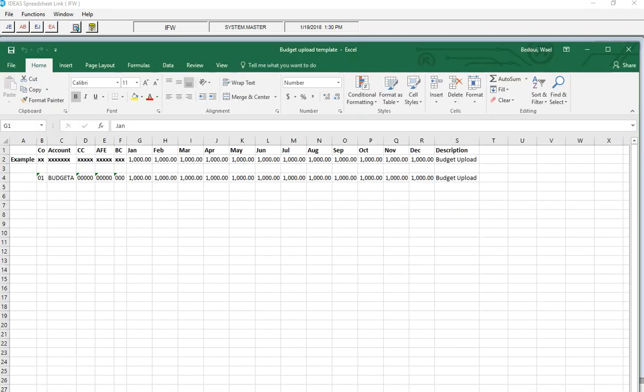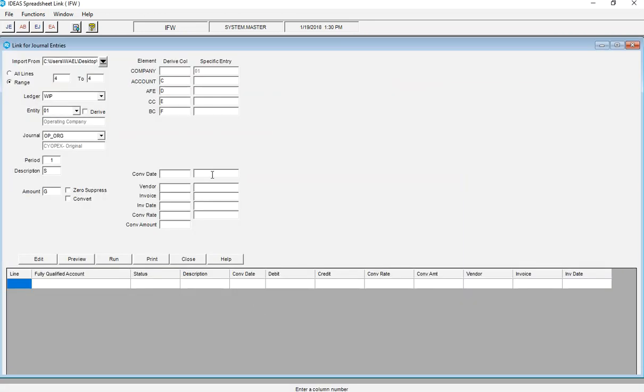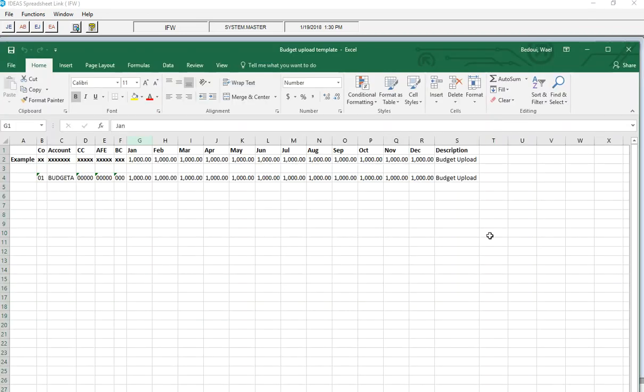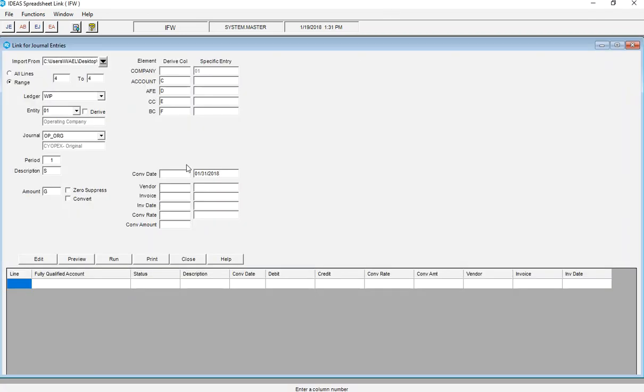Now, date, you can specify one date. If you put here 01 31st 2018, or you can include that in one column here and then specify the column number on the left. Okay, so once you're done with entering these parameters, you click on preview,